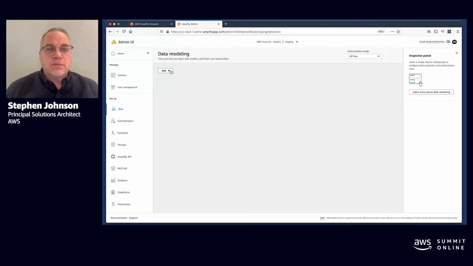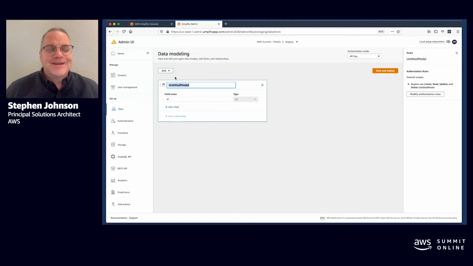And to create a data model for your application, you create an entity called a model, not surprisingly. And for our application, we're building a coffee shop app where your customers will be able to choose items, coffee, snacks from the app, make an order and submit that order to the back end, where hopefully it'll be ready when they show up at the coffee shop. So what we've done here is we've added our first model, and we are going to use 3 different models: product, order, and line item.